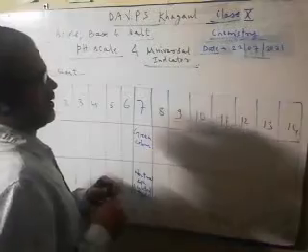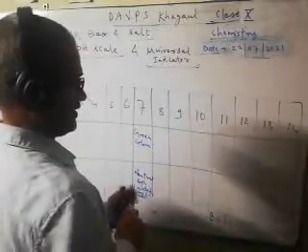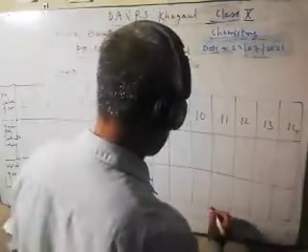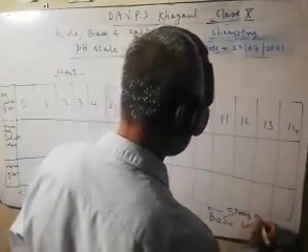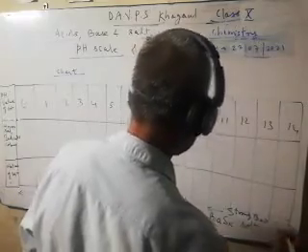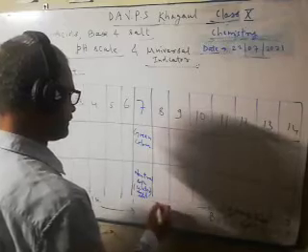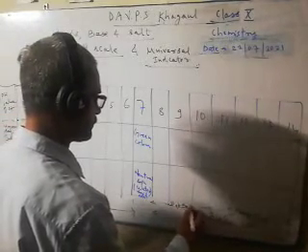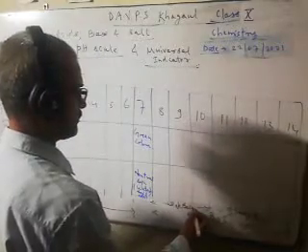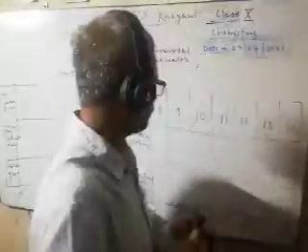Okay. If it is 11, 12, 13, 14, then a strong base. From 8 to 10, weak base. So these are the important points we should keep in our mind.